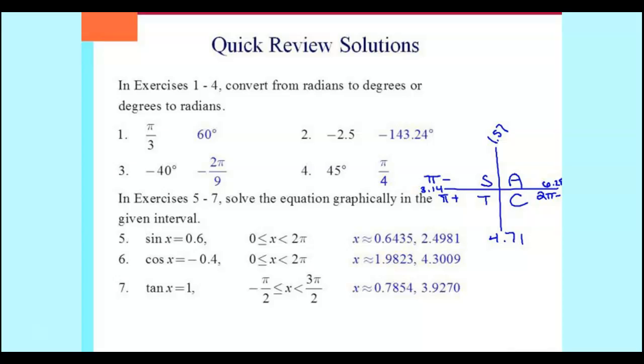In quadrant 1, it's 0.6435 above the curve. So in quadrant 2, I need it to be that same distance above the pi curve on this side. So to find quadrant 2, you take pi minus whatever the answer was. In this case, it's pi minus 0.6435, which gives you that